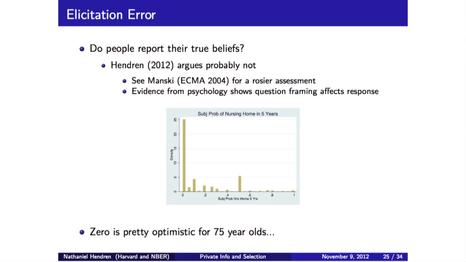There's also some evidence from psychology that the way you frame these subjective probability elicitation questions can dramatically affect the answer. So if you don't make it a free response, a lot of these concentrations at 0 and 50 go away. So it suggests that these aren't really good measures of beliefs.